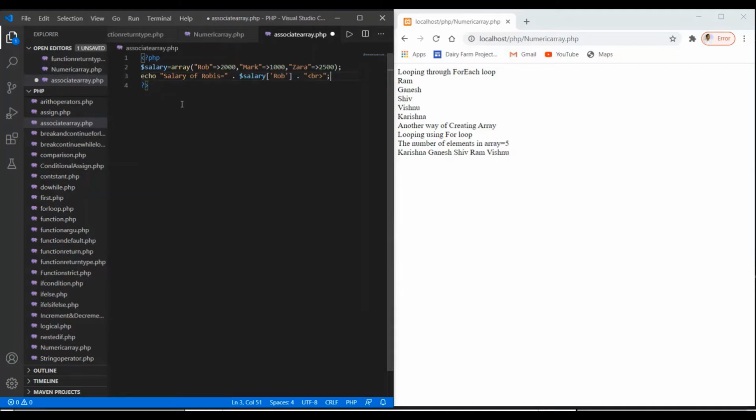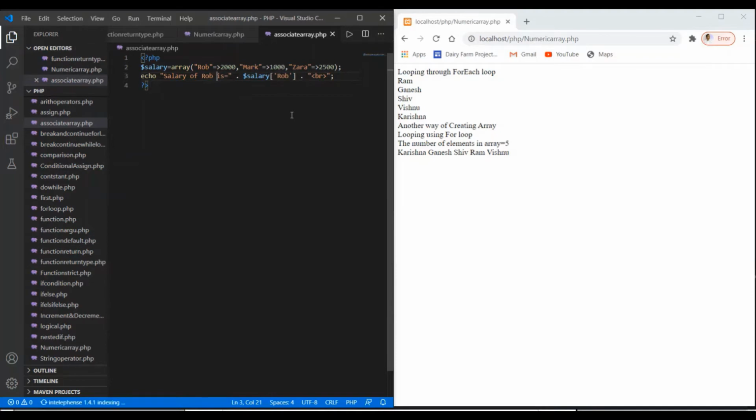What I'm declaring here is echo the salary of Rob is equal to, and it will display the value associated to the Rob index. Here the index I'm using is Rob, and the index has to be given within single quotes, so you have to remember that, and it will display the value associated to this.